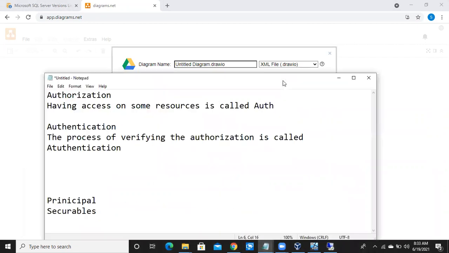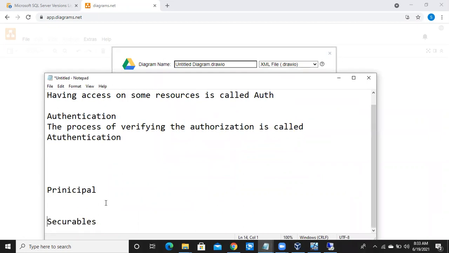Okay, fine. So let me start with the principals and securables. The same example. Those who are accessing the resources is called principal.